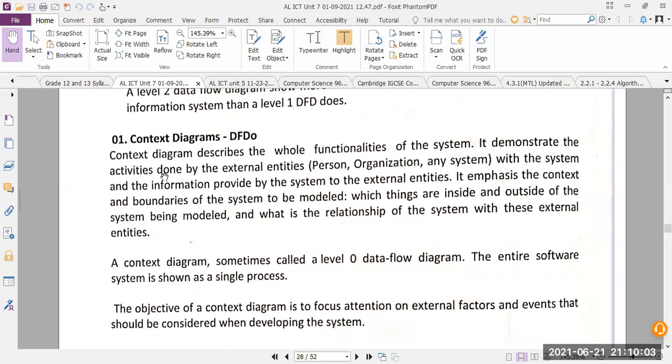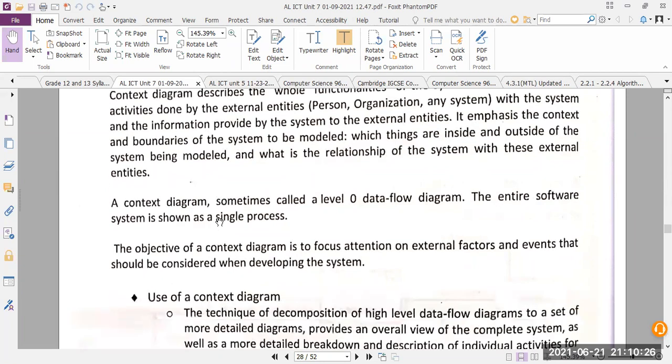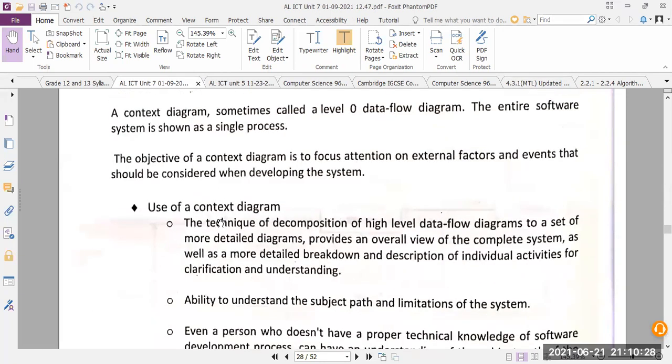It demonstrates the activities done by external entities, person, organization, any system with the system, and the information provided by the system to the external entities. It emphasizes the context and the boundaries of the system to be modeled, which things are inside and outside the system being modeled.